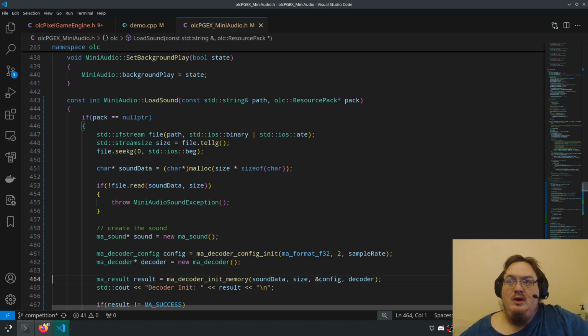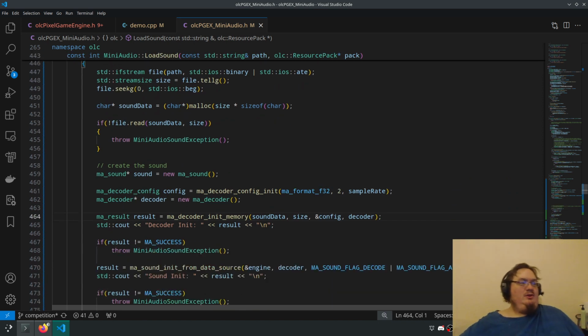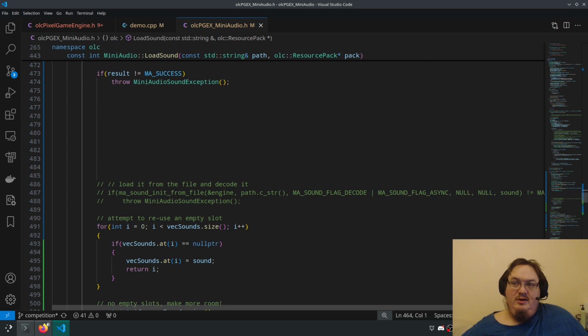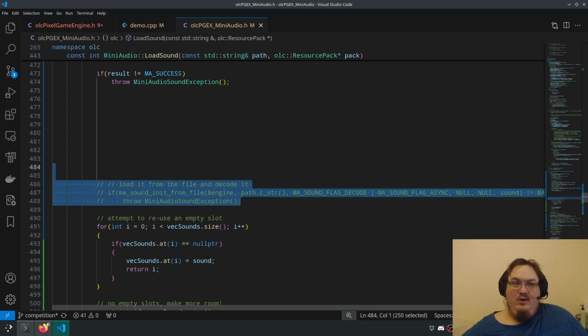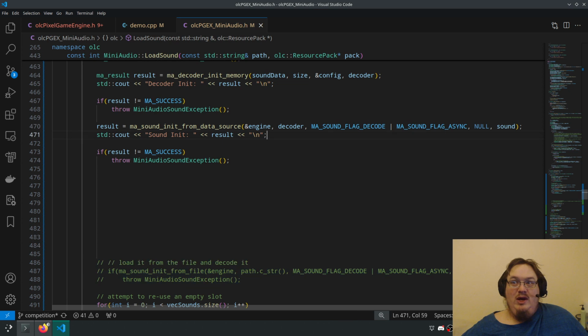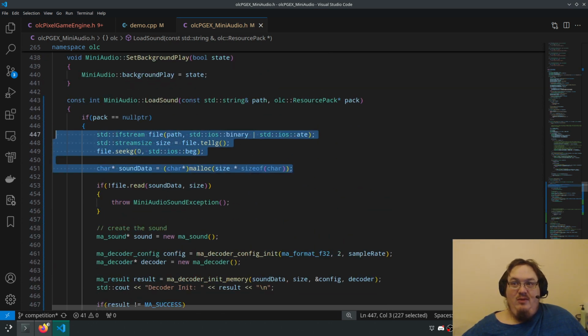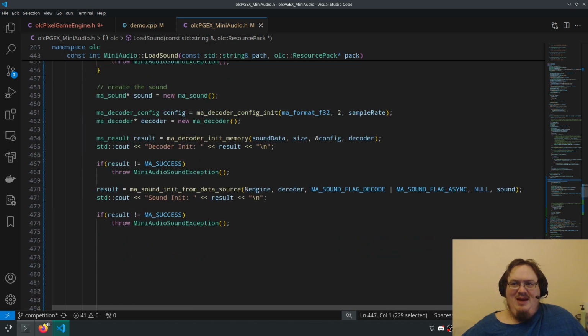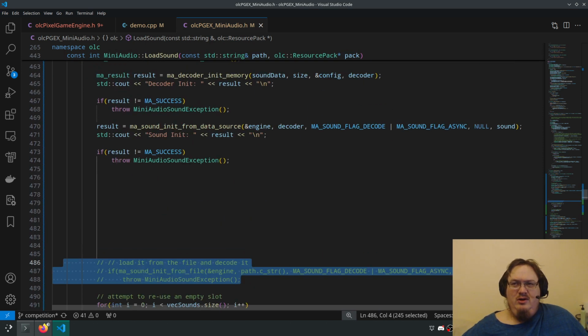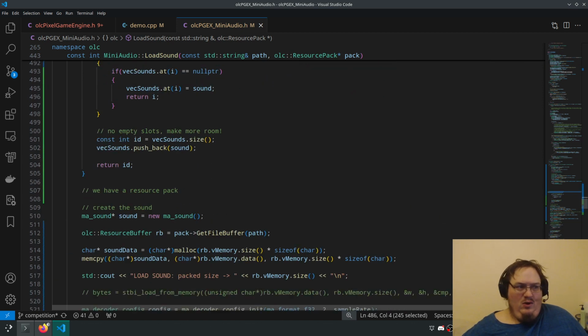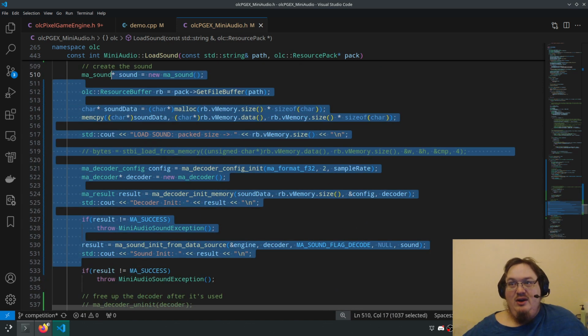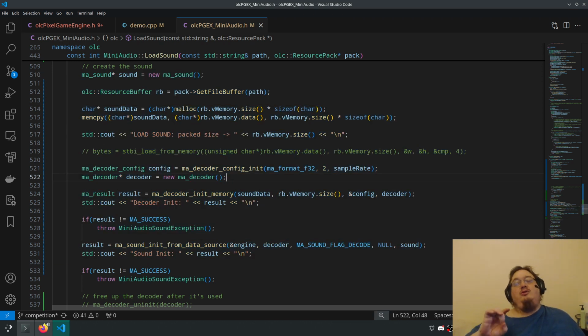And now we're doing this without the ma_sound_init_from_file. Now we're initializing it from a data source that we're loading directly from the file, bypassing the file loader, which should give us a one-to-one to what we're trying to do here. Now, if this gives us the same sound as we were getting before, then there's something wrong with how I'm configuring the decoder in the first place.